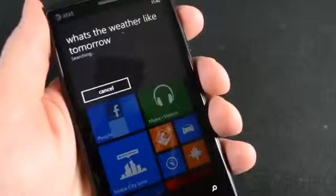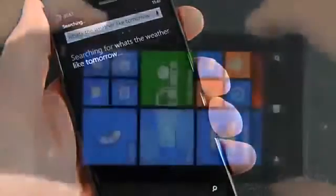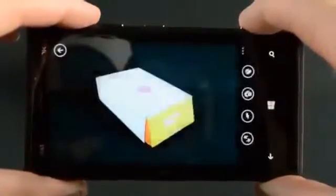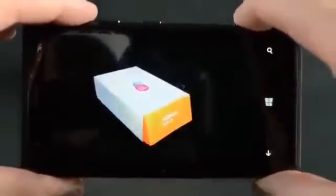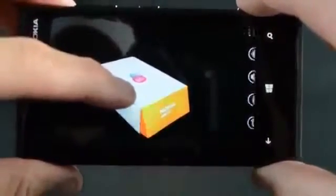But it doesn't give you information like Siri and instead performs a Bing search. Now you can bring up the camera simply by tapping the camera button along the side. To snap a photo, you can hit that same button again. You can also tap and hold the screen to take a photo and then swipe right to get back to